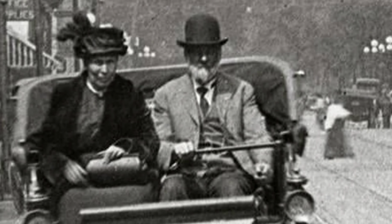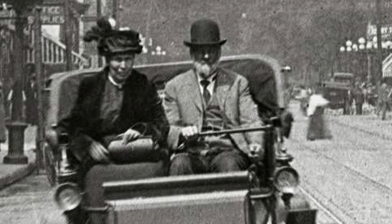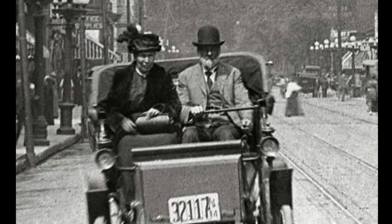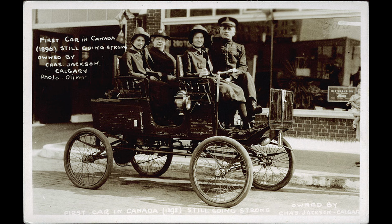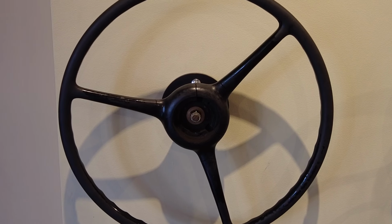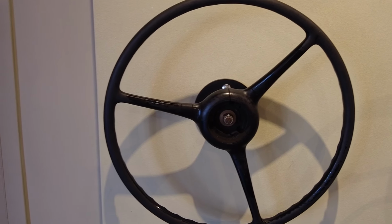Hands on the wheel. The very first cars had no steering wheel. They were steered with a lever or tiller. By 1910, steering wheels were standard. They were very basic and usually made of wood. As automobile technology advanced, synthetic materials replaced wood. Buttons and switches on the wheel became common, first to activate the electric car's horn, and then later to accommodate the many gadgets and accessories found in cars